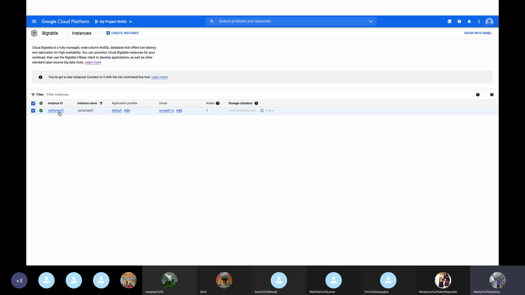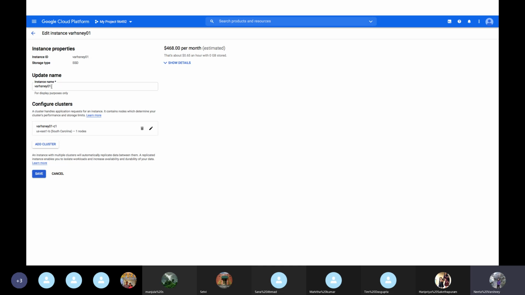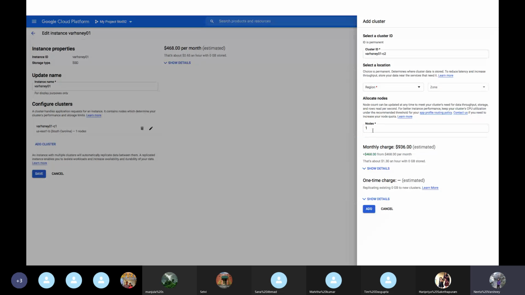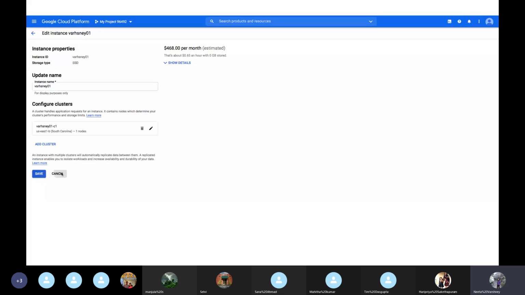Now, if I want to change my number of clusters, number of nodes, or the name of my instance, we can do that by clicking here and clicking on edit instance. I can change the name here, add clusters, increase the number of nodes, delete nodes and clusters, and save it.